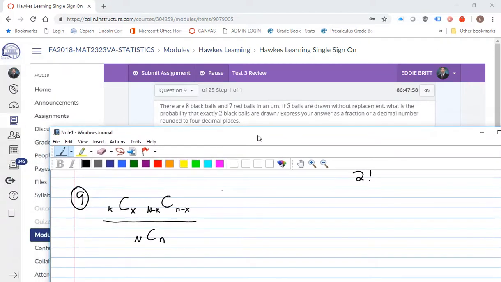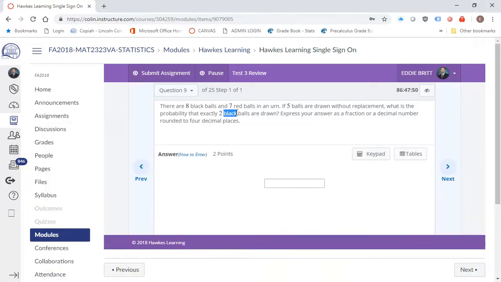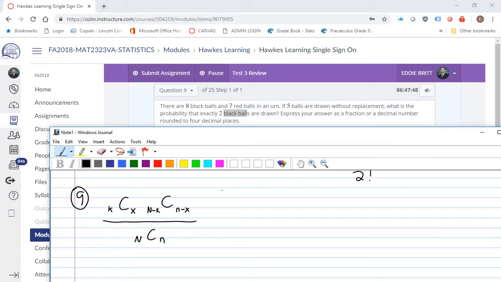So in our problem, since we're wanting to know a probability about drawing out these black balls, the K is how many possible black balls there are. So this is going to be equal to 8C, and then the x is how many that we want exactly. So of the 8 that are in the urn, we want exactly 2. Okay, so it's 8C2